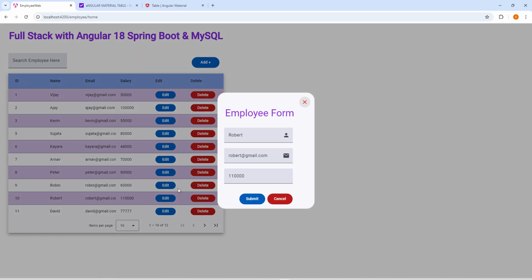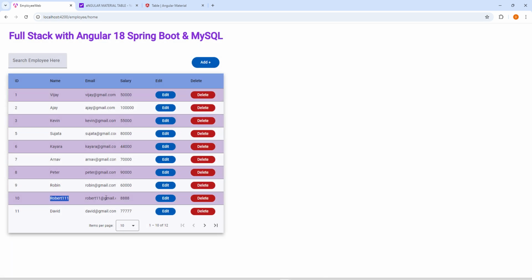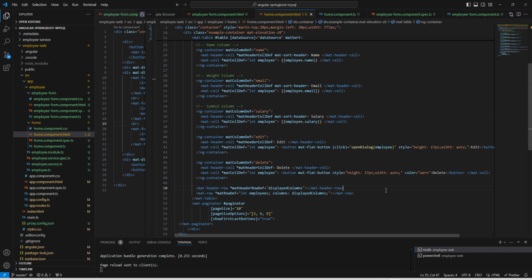If we want to try with one more, like let's say Robert 111, here we can add 111 and here we can use 888. Seems good. It is showing as expected. Our edit is working now. Let us implement our delete functionality. So for delete functionality,